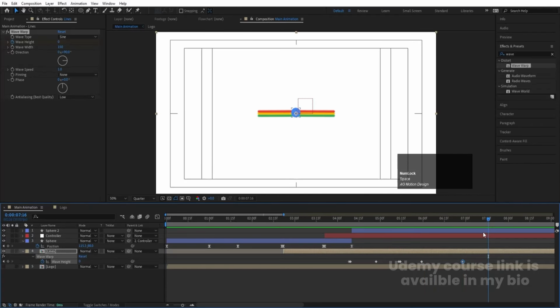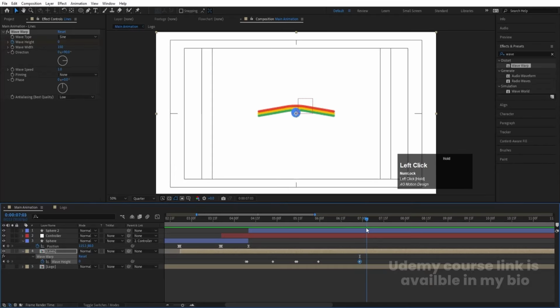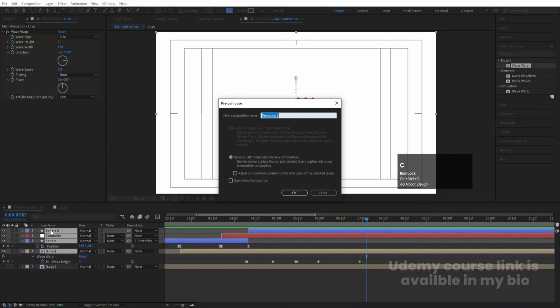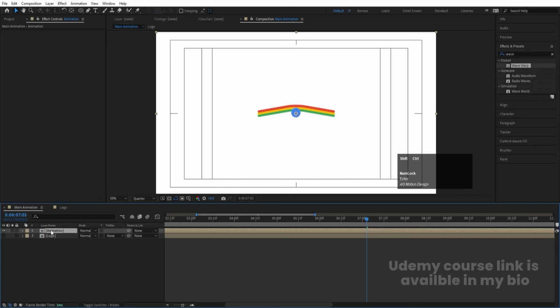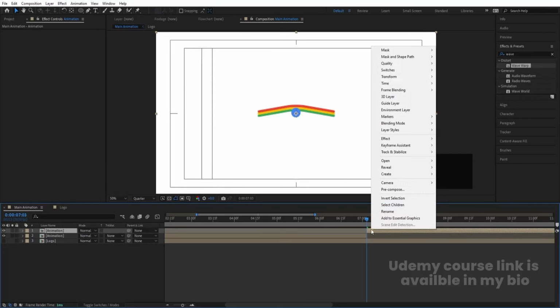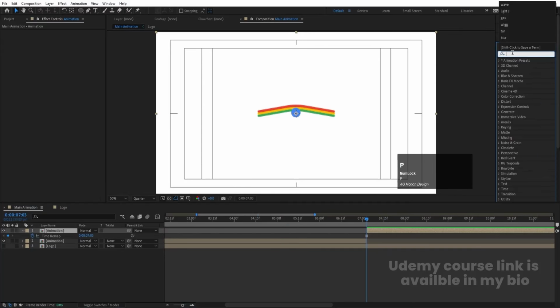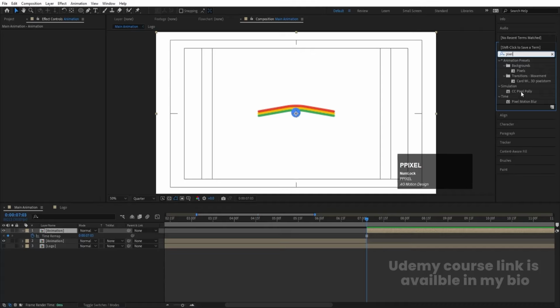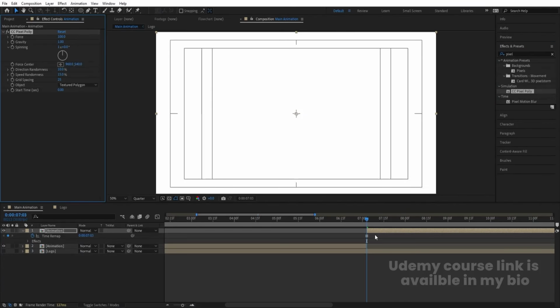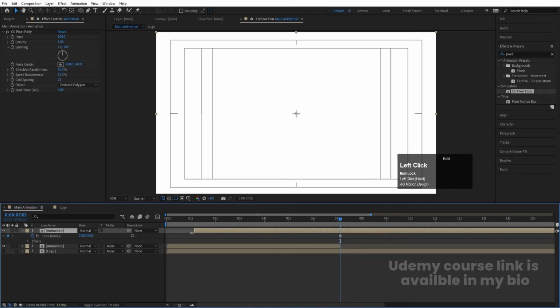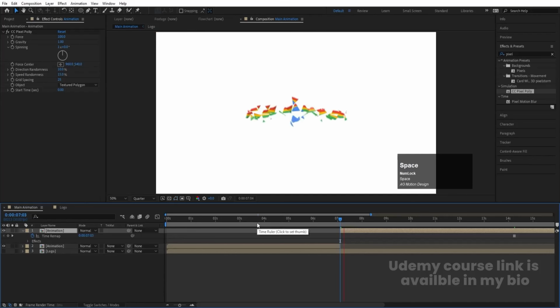Okay, and then at this point where my animation is ending, I'm going to select all of this and I'll press Ctrl Shift C to pre-compose, and I'm going to call it animation. Then at this point I'll press Ctrl Shift D to split this layer, and I'm going to right click, Time, Freeze Frame, go to the Effects and Presets panel and search for the Pixel Polly effect and double click to apply, and then zoom out, and move this animation up to this, and with the help of open square bracket I'll bring this over here, and now if I hit spacebar I'll get this kind of breaking animation,